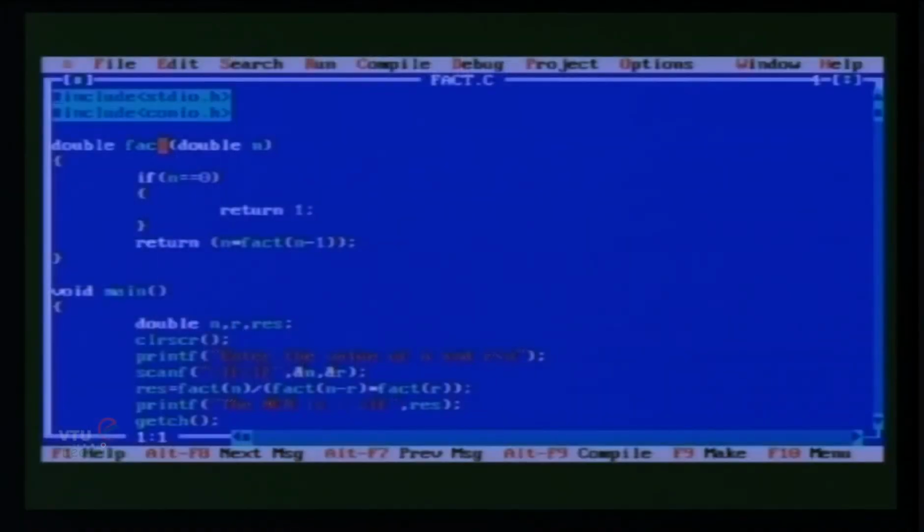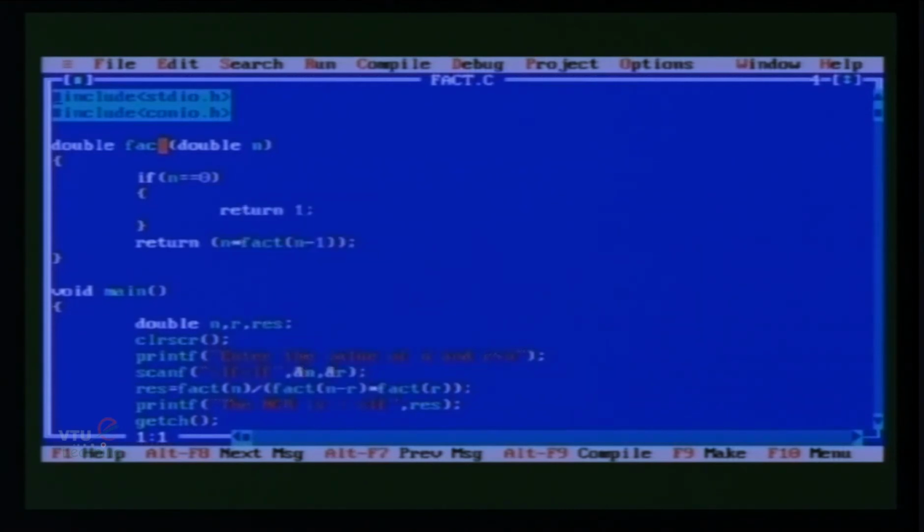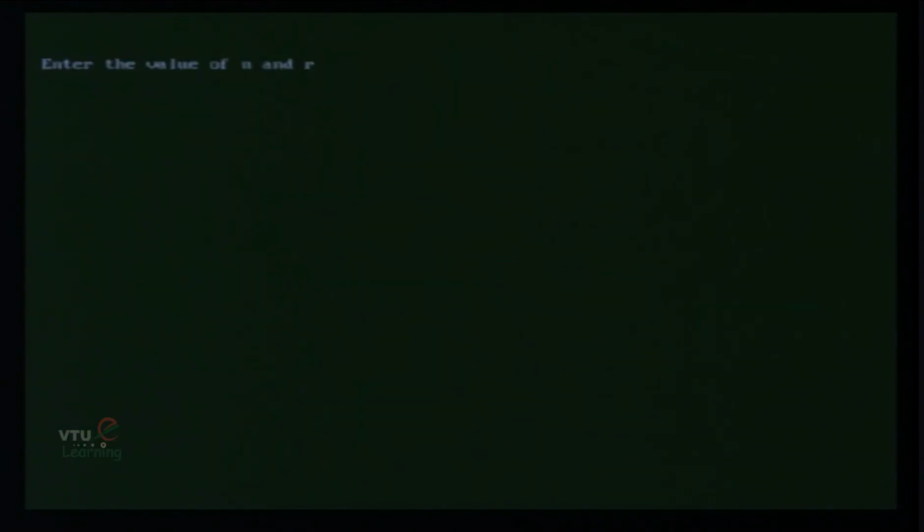Let's compile this program by using the command Alt F9. This program has 0 errors and 0 warnings. So now check the output of this program by entering the values of n and r. So the value of n is equal to 5 and the value of r is equal to 3.